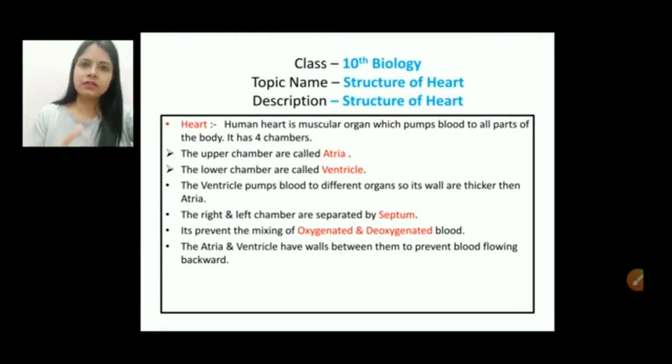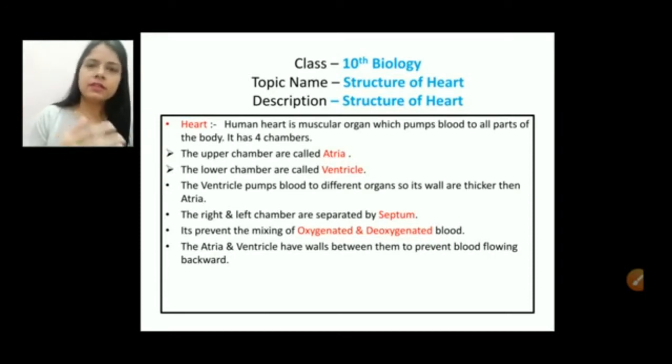Do you know what is the average weight of heart? It's 300 grams in male and 250 grams in female. Basically it is reddish brown in color and somewhat conical in form. You know where it is situated? It is situated between two lungs in the middle of the thoracic cavity and surrounded by the pericardium layer.